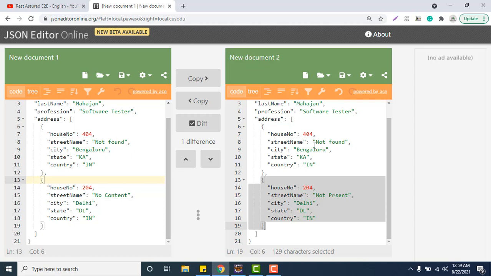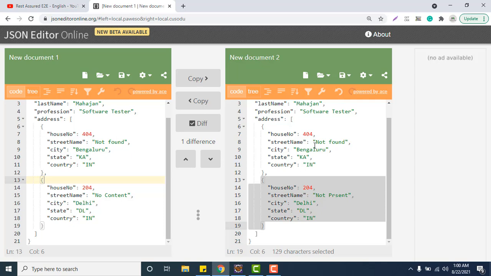So we only need to focus on the basics. We need to decide how many POJO classes we need to create and how we need to utilize them. Earlier, in the previous video, we had only a single set of address, so we got one JSON object. Now we have two sets of addresses, so we reuse the class called Address and created two JSON objects from it, and that we added to the parent one. So if your basics are clear, then whatever lengthy payload you get, you can easily create the POJO classes.